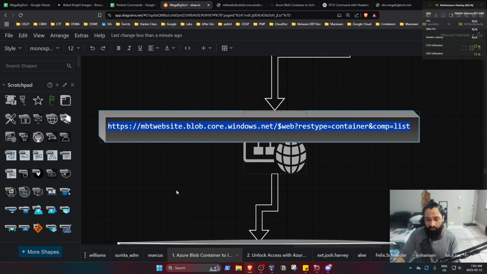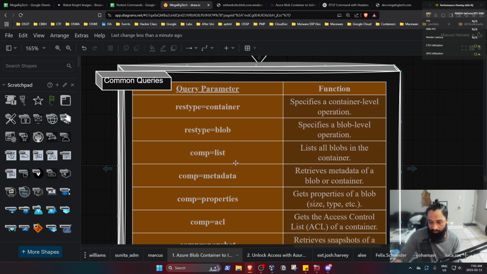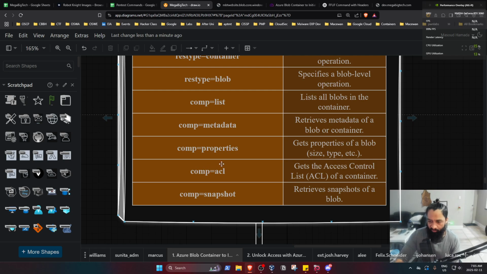So now let's go back and talk a little bit about the parameters and the queries that are available for you to use. As you saw, we used restype=container and then comp=list to list the blobs, but you can also use restype=blob and then something like comp=metadata to get the metadata of the blob. You can also see the properties, just like any properties for any file, and the ACL, access control